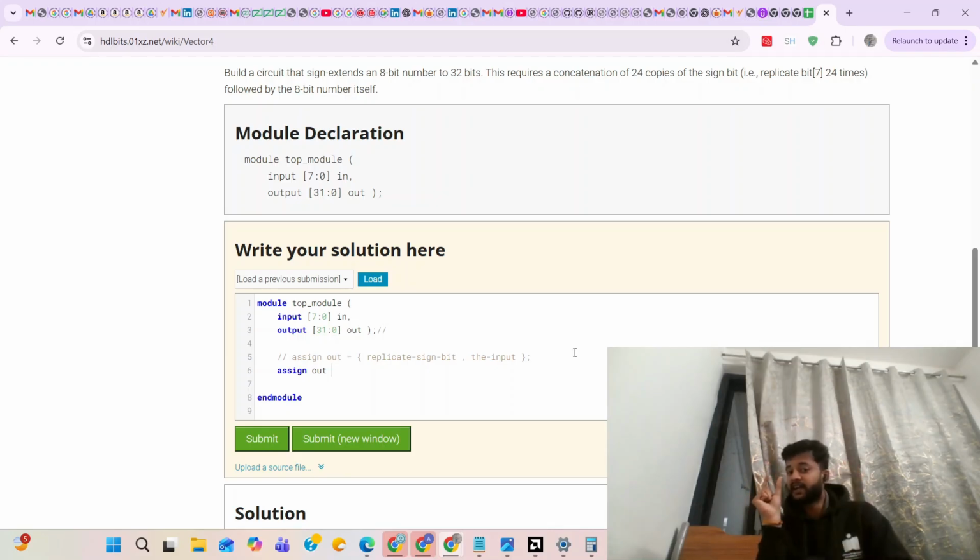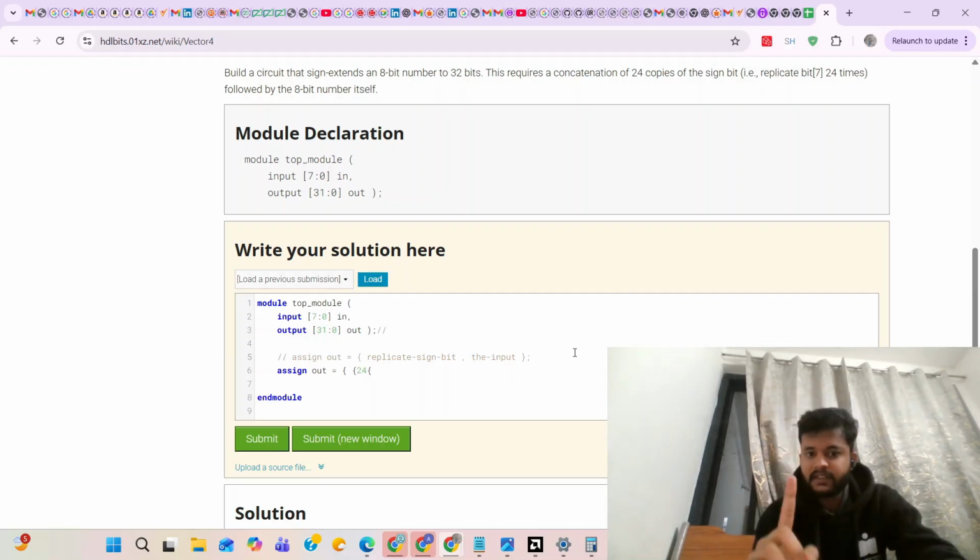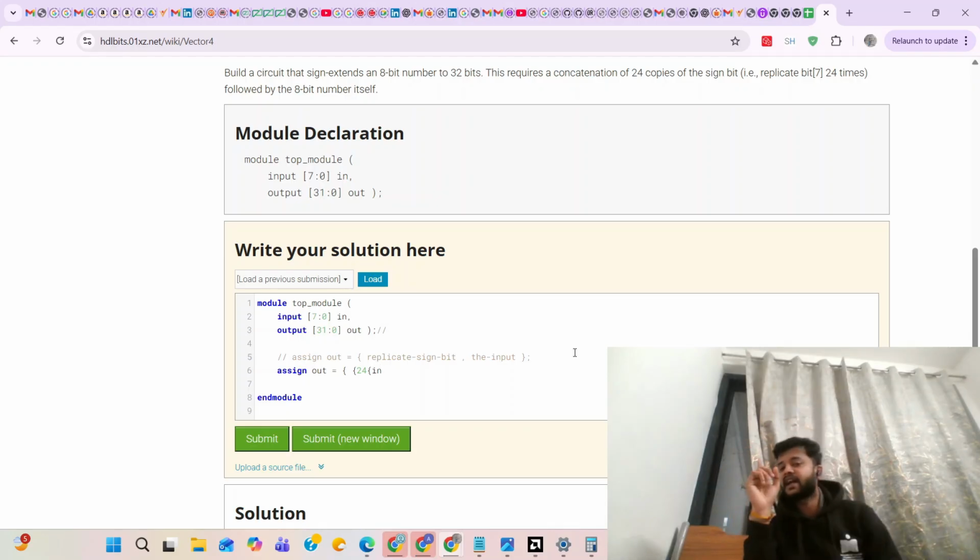So we have to replicate that sign bit 24 times, and the rest of the number will be the same. So output will be 32-bit, and we have to replicate 24 times. So sign bit is the MSB bit of that input vector.